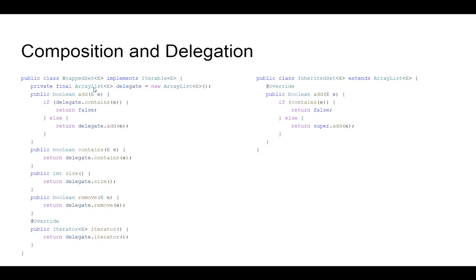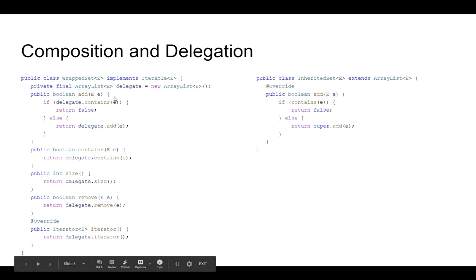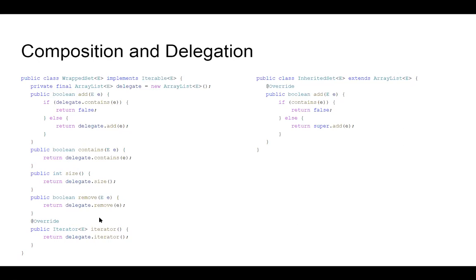An array list, a list is not a set, but I can use it and I can just check ahead of time. Make sure that the delegate contains it already, just return false. It doesn't actually add it in. Otherwise, just return the delegate adding it in. I'm going to build contains that just offloads, size just offloads the work, remove, that works, iterator, that works. For all the methods that I want, I'm just going to offload it onto the